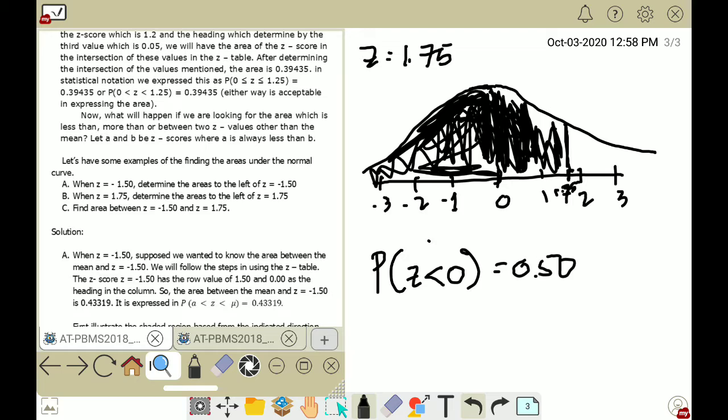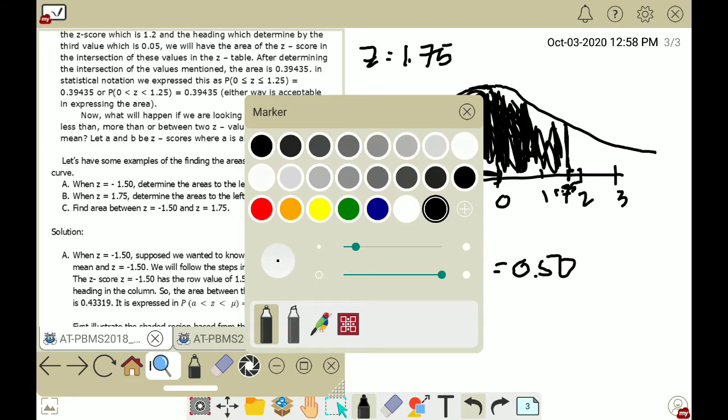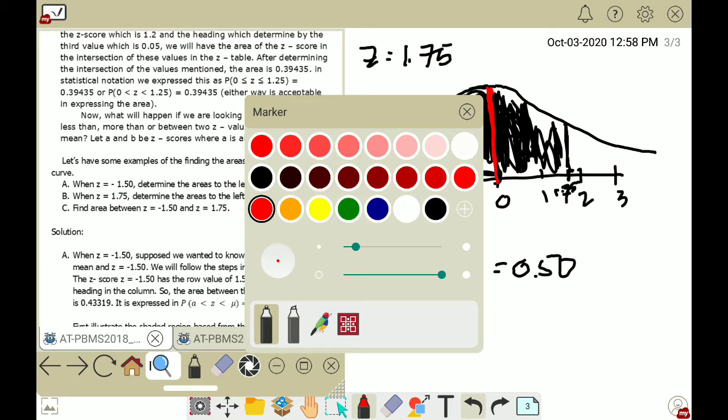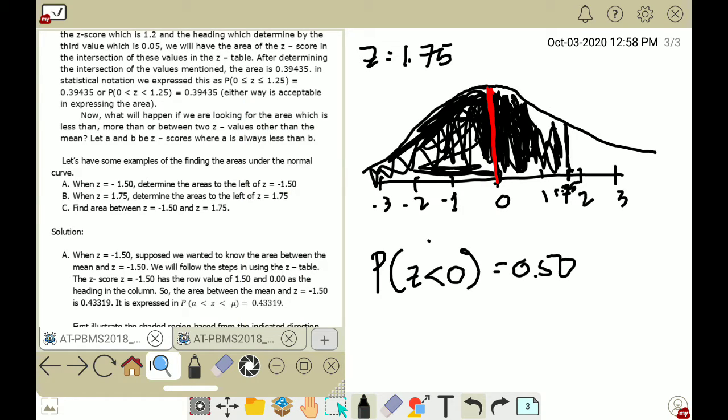The mean here, we're going to color the mean another type of color. So we have here the mean. Okay, and then another part is this one. Simply because it is between the mean and your 1.75, we could say that the expression for that is Z is between 0 and